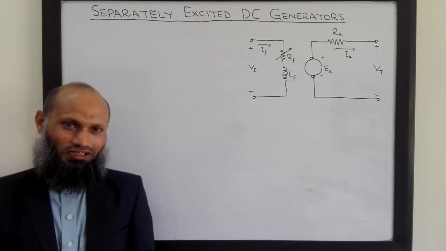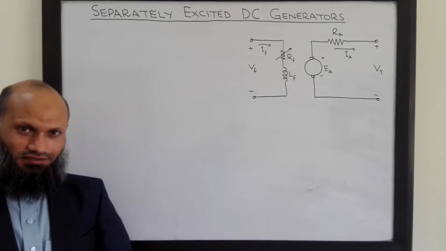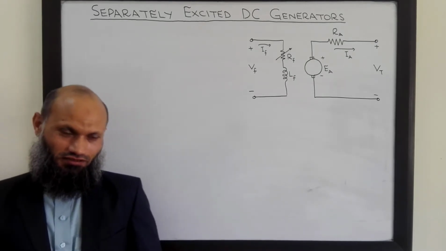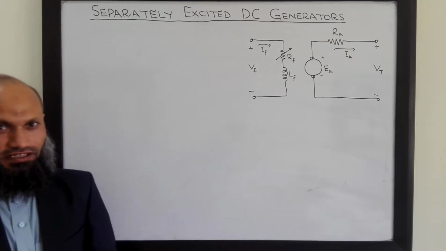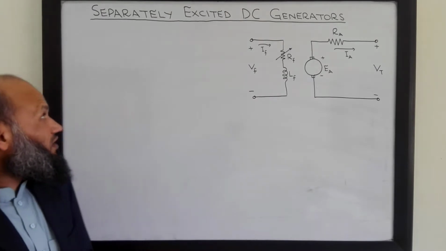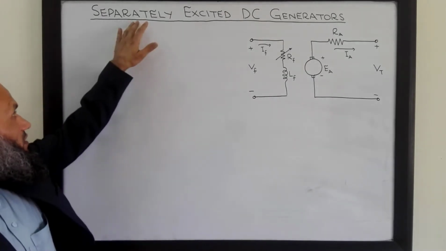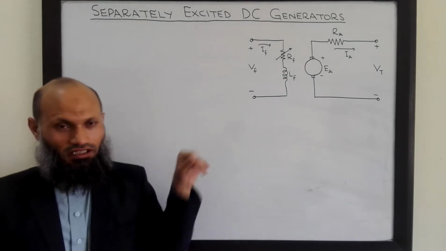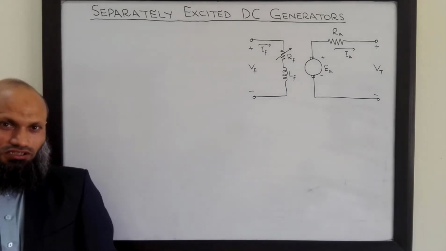We know that based upon the electrical connections of field winding and armature winding, DC generators can be classified into separately excited DC generators, shunt DC generators, series DC generators, and compounded DC generators. In today's lecture, we shall talk about the separately excited DC generators, and we shall also talk about the shunt